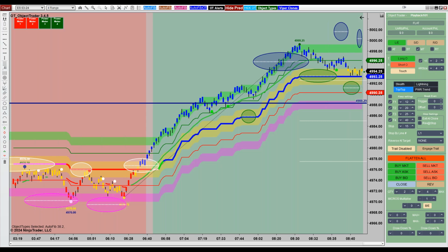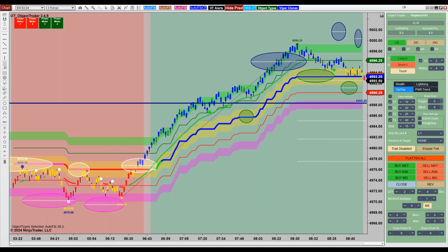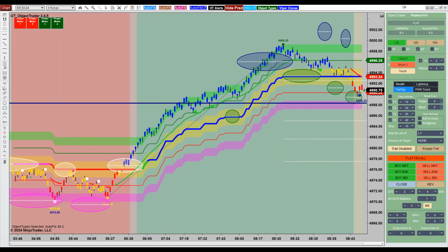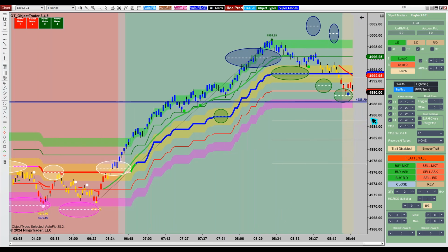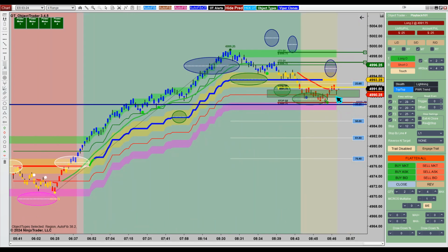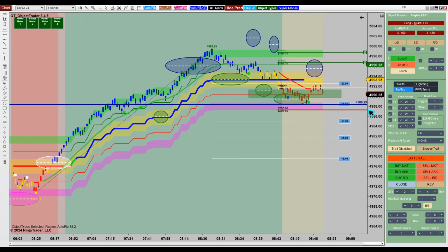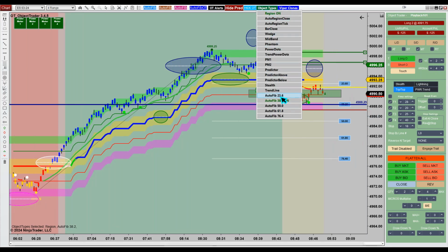We also teach a phantom trade, which, by the way, this turned out to be. See how that's perfectly coming down almost to that 38% retracement. What I like to do when I'm trading what we call a phantom type trade is put my stop at line 0, which is right there. And then I will let this thing get some other type of trade setups, for instance, like these little power dots and things like that,